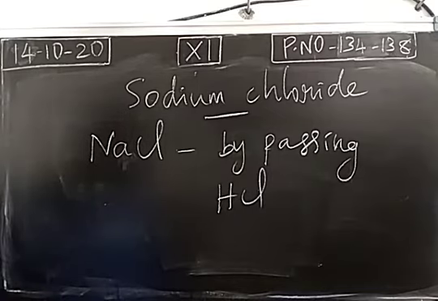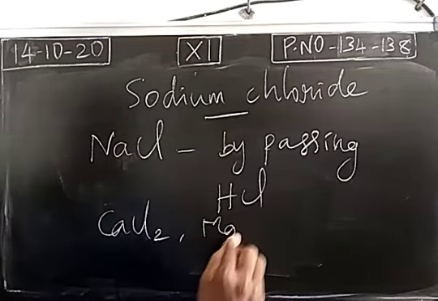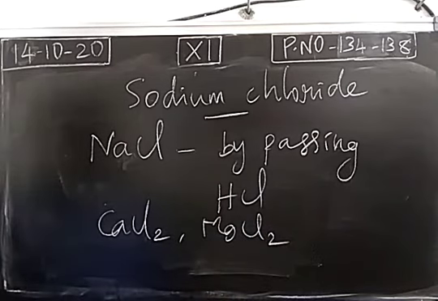Sodium chloride will be crystallized as its solubility is less. So this will be settled as a precipitate, and some soluble impurities will be present in the solution. The soluble impurities are calcium chloride as well as magnesium chloride. So from the brine solution, by the crystallization process, we get crude sodium chloride. It will be purified. With this, we add a minimum quantity of water. Insoluble impurities will be settled, so they can be removed by the filtration process.